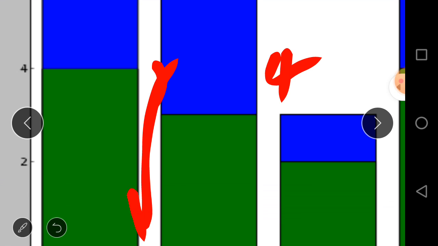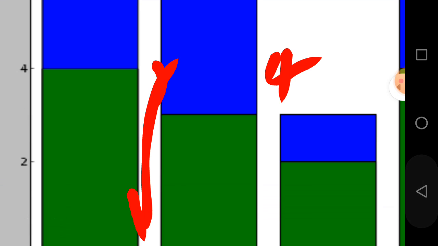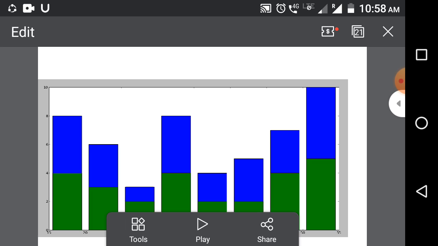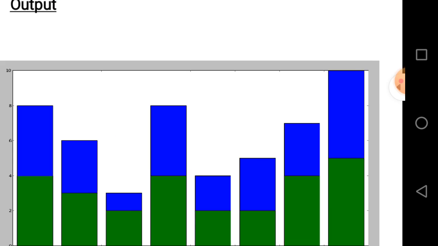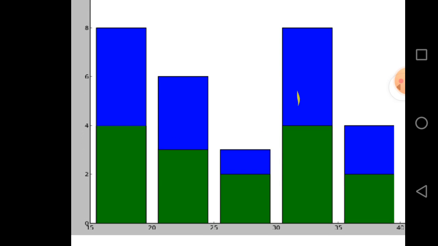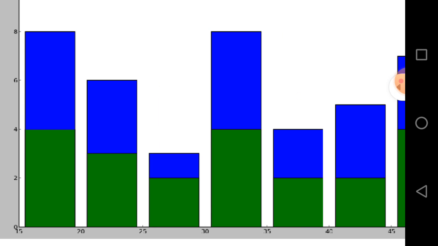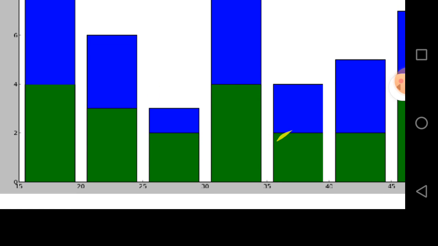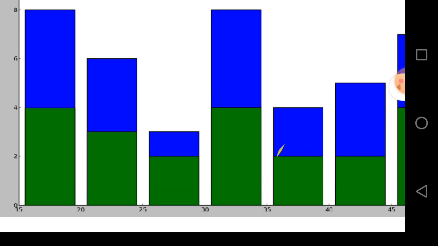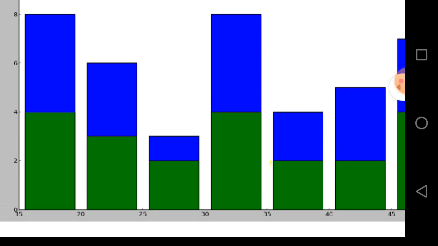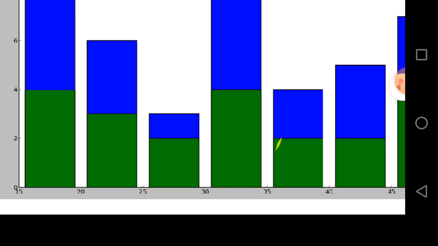So in the first case we can see that there is an equal portion for green color and blue color. In the second case green color and blue color are again the same, but in the third case it is not so.